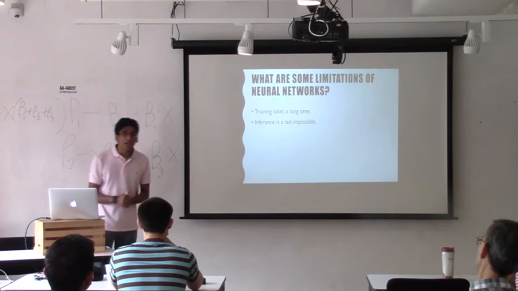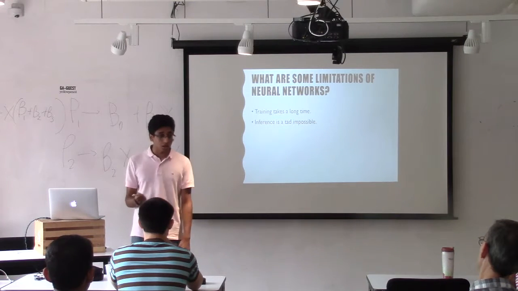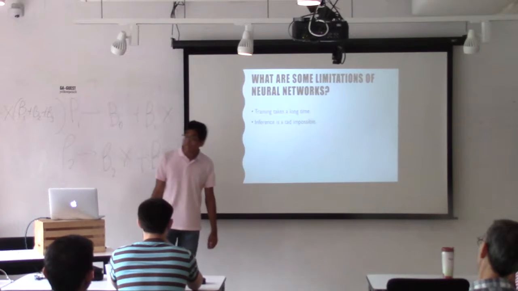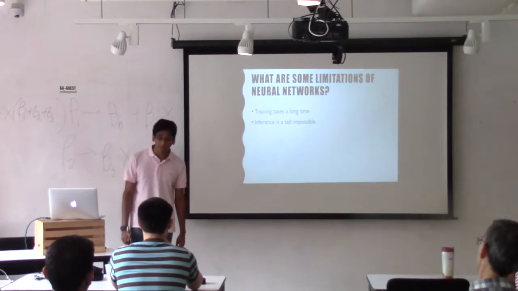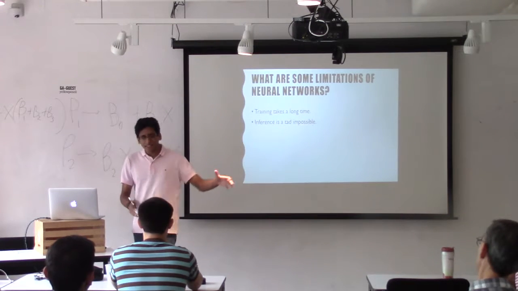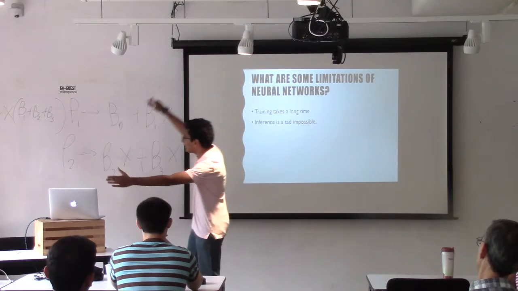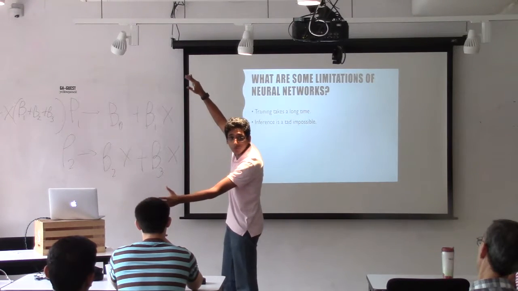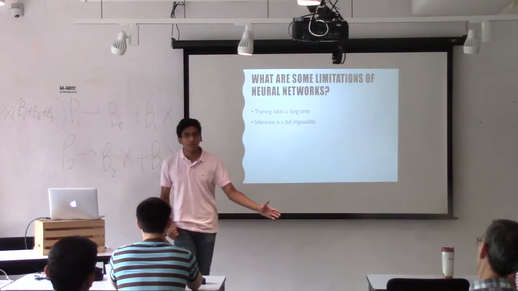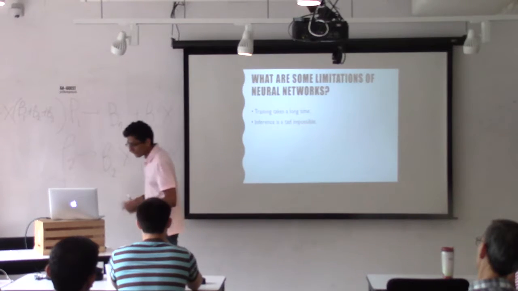So, what are some limitations of neural networks? Well, training takes a long time relative to other models. The reason neural networks suffered so many setbacks in the 80s, in what was called the AI winter, was because computers just couldn't handle it. In the 60s, they were using these titanic computers, these PDP-10s. They were literally the size of this corner of the room. And they had things like time sharing, where 8 people would use the computer at the same time. So it was really, really hard to run a neural network on that.